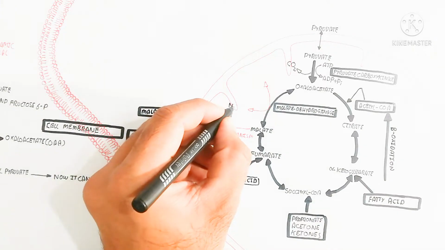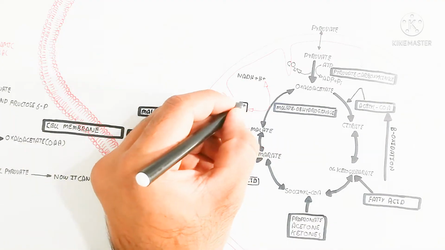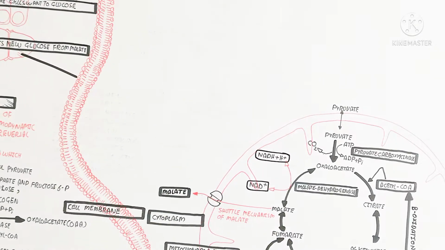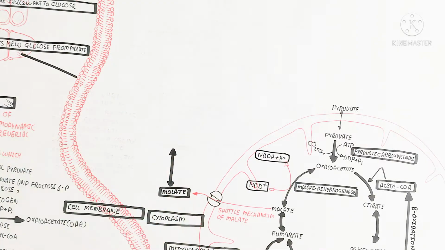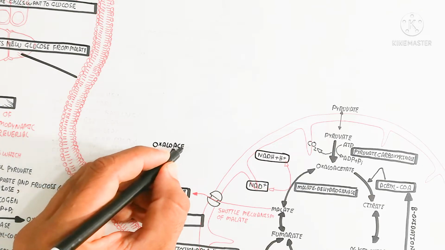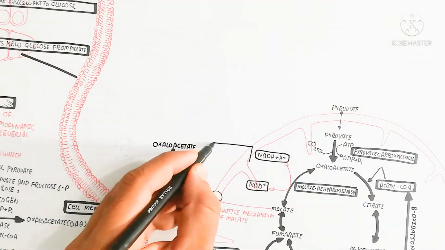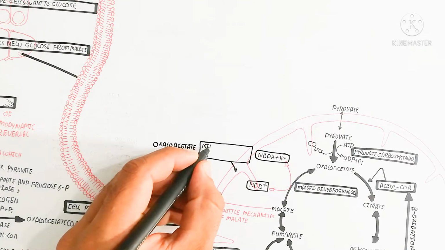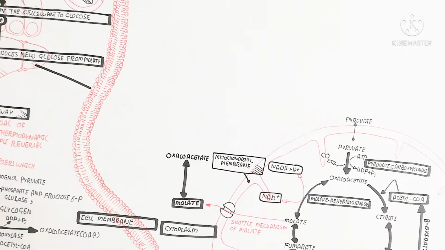While the malate is also responsible for the conversion by the malate dehydrogenase enzyme to again oxaloacetate. So the oxaloacetate will pick the pyruvate, and the shuttle mechanism will export the malate to the outside, and malate will go into the cytosol, so then again will be converted into the oxaloacetate by the malate dehydrogenase enzyme, but inside the oxaloacetate will not move out because the shuttle mechanism is